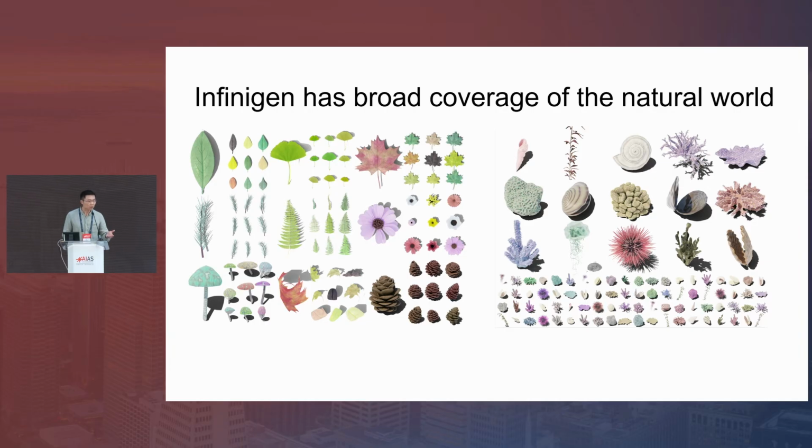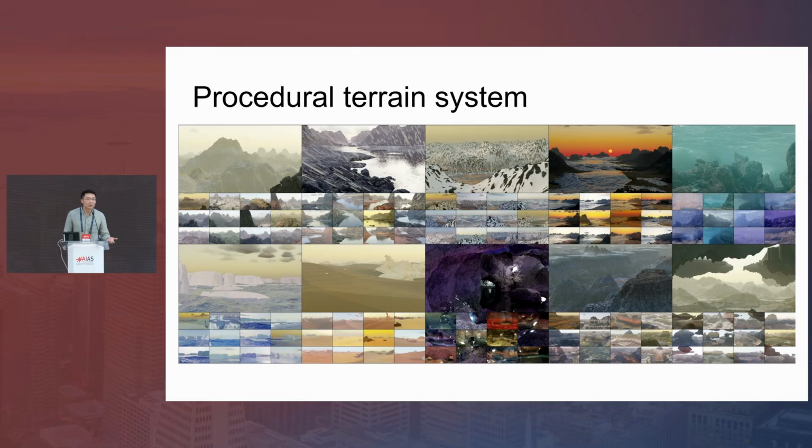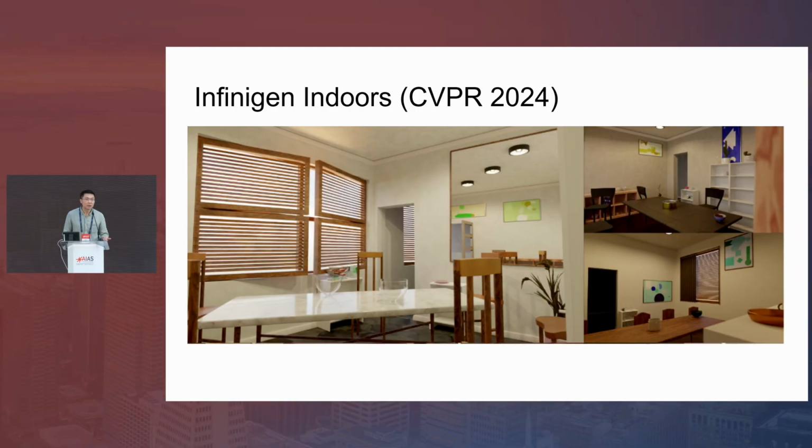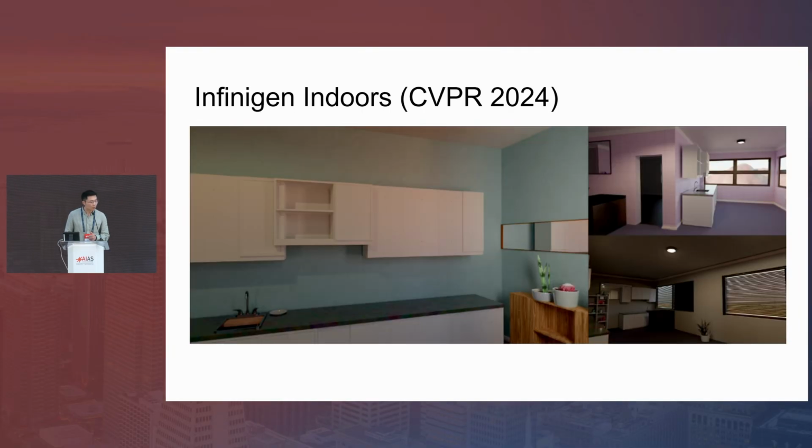including things in the natural world. So here's a gallery. We have different plants. We have underwater objects. We also have a tree system that's entirely procedural. We have a terrain system that's based on procedural noise. We have expanded the system to cover indoor scenes. Here is a gallery of samples of different types of rooms. So everything here is procedural, including each piece of furniture.